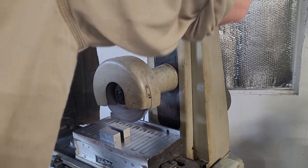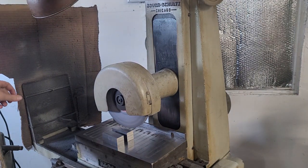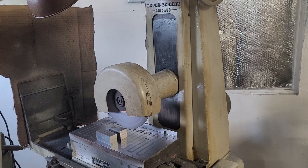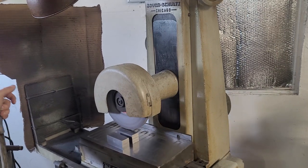You know, parallelism's a lot easier to grind for than squareness, and you will also watch me bumble my way into the material. I touch off way too hard, and I think I'm taking a 3,000th depth of cut, which on a surface grinder is a lot of material to remove. Not the end of the world, and the reason I did that is because frankly I didn't want to bend over and stick my head under the camera and look straight at the white wall,